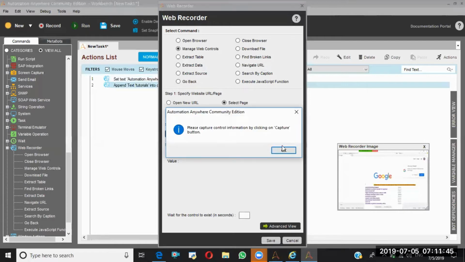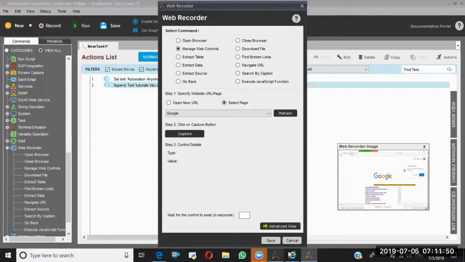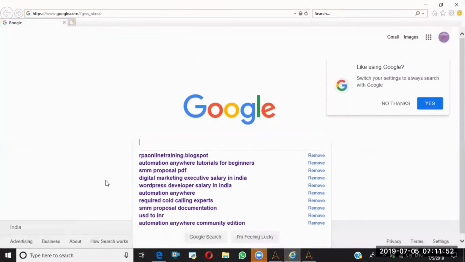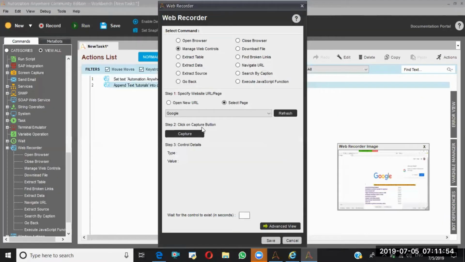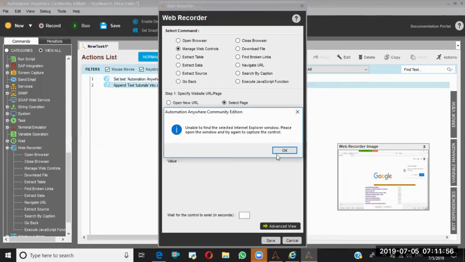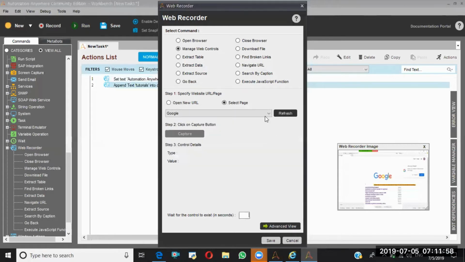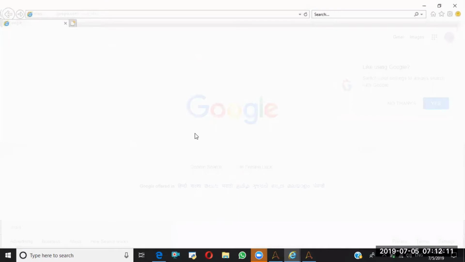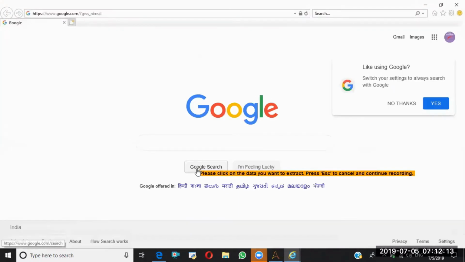First I need to capture this, right? Let me put it like this page. So I'm going to capture. Let me refresh this. I need to click on this Google search button.